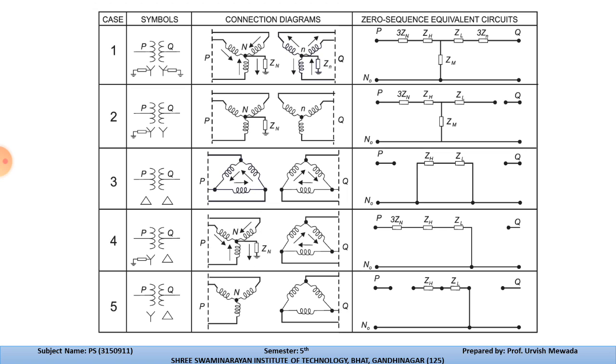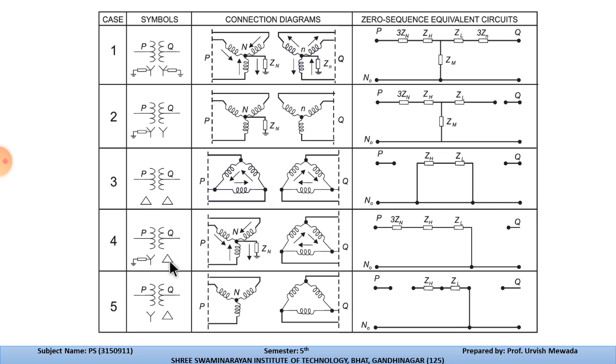On the primary side we have the 3Zn, but on the secondary side we do not have the 3Zn, meaning the zero sequence impedance is not considered over here because it is not grounded. This diagram indicates the zero sequence equivalent circuit of